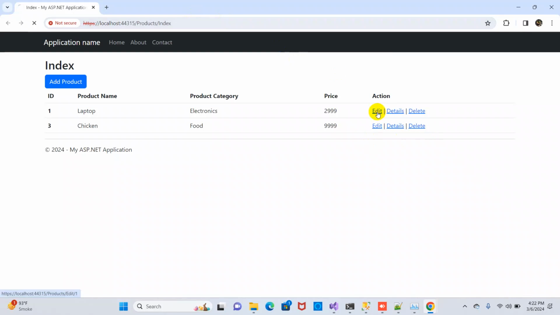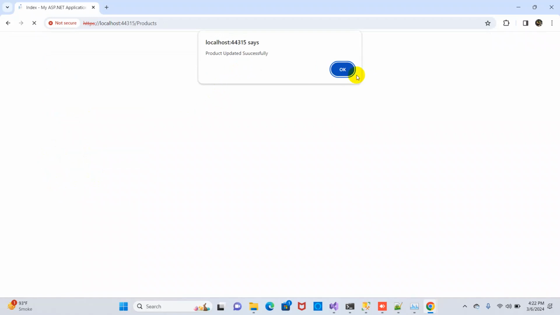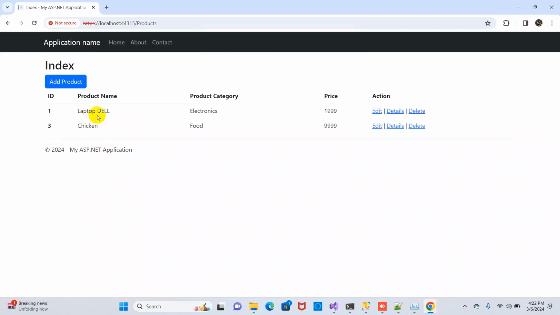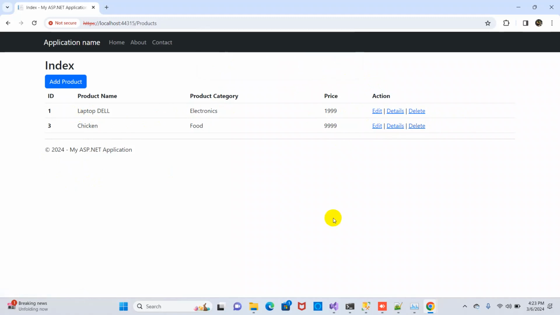In the edit, just save this data. Product updated successfully. Understood this? Also, we can delete. Yes, understood this. And it